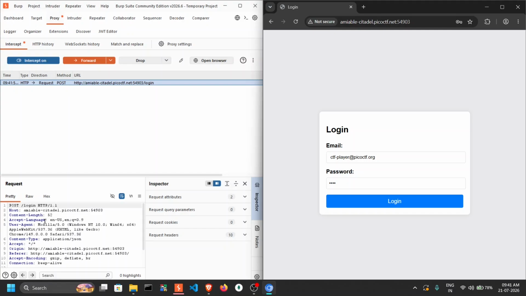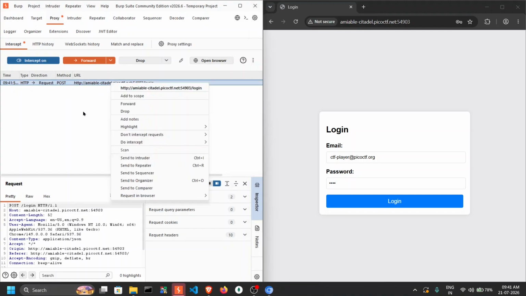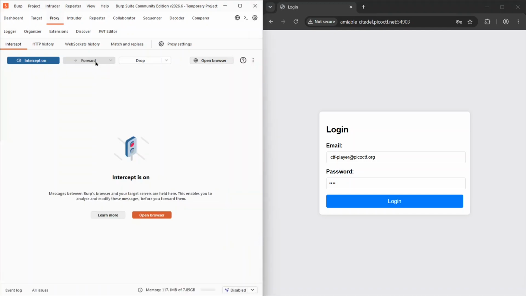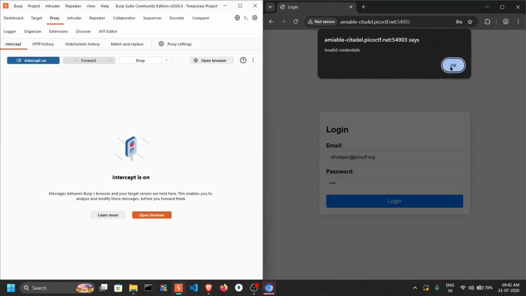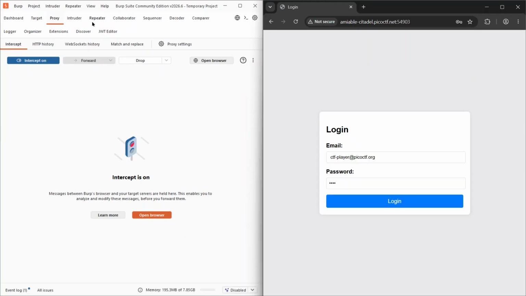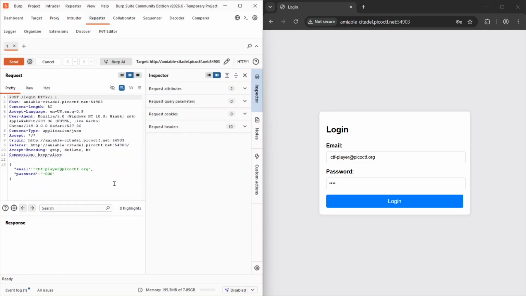Here you can see there is a POST request. Send it to the Repeater and forward. So it says invalid credentials. Okay, so now go to Repeater, and what we have to do is